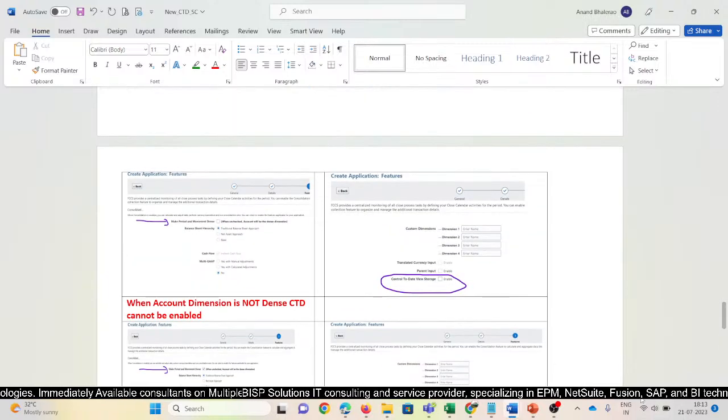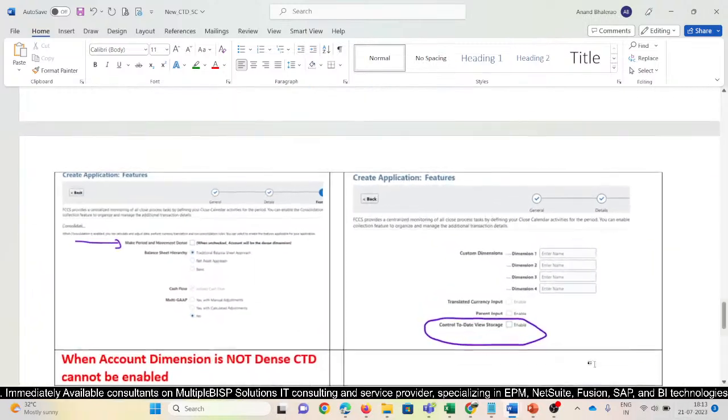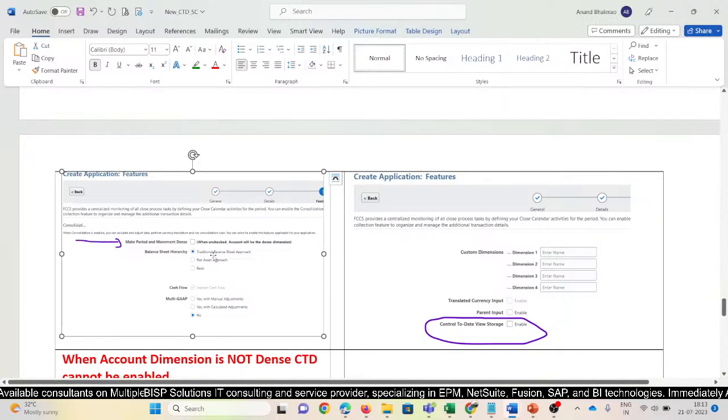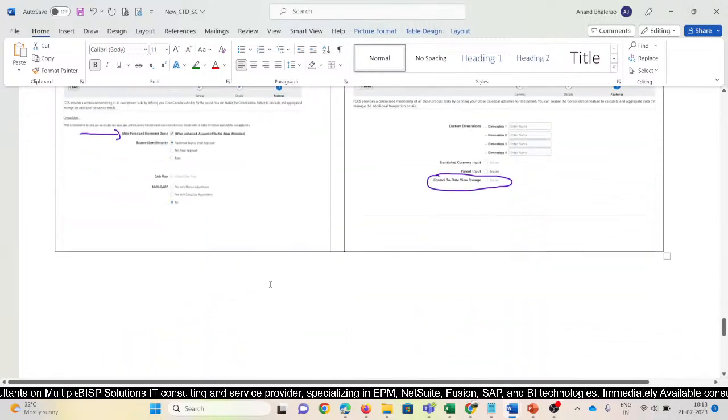So at the time of creation, when we uncheck, account will be dense. By default,